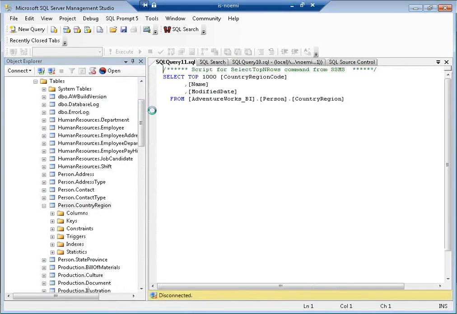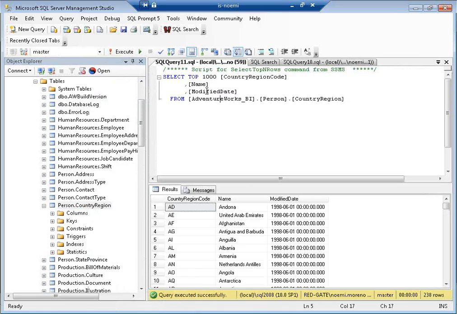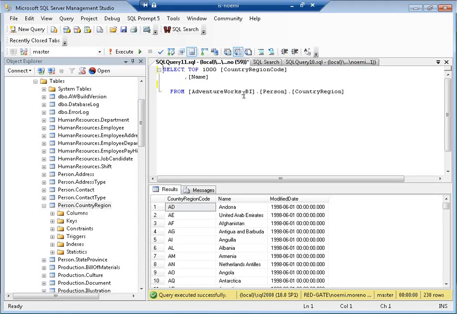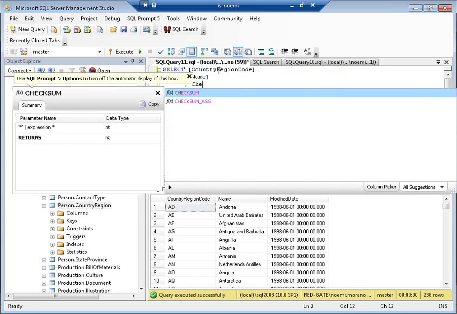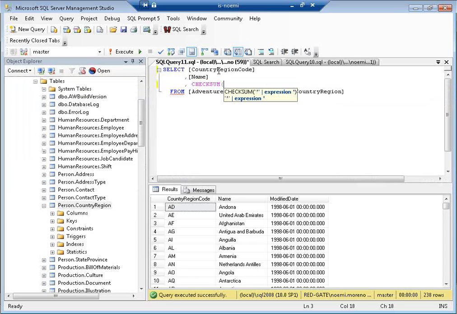Now I can do select of thousands, and I've got my table. For this particular scenario, our business case has decided that we don't care if the country gets changed over time. So if the country gets changed, we're going to update it. So for that, I'm going to get rid of all of these comments. I'm going to remove the top 1,000, and I'm going to add in here a way of detecting that that row has changed. So I'm going to use checksum